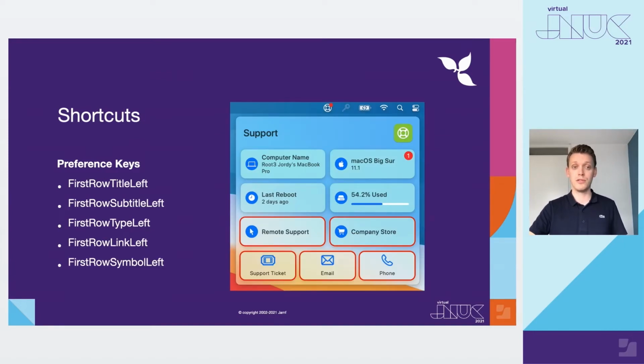The bottom 2 rows are fully configurable as shortcuts to an application, URL, or command. Each of the 2 rows can be configured with 2 or 3 buttons. You can specify a title you see in the button, and optionally a subtitle which is shown when hovering over the button. Then you need to configure the shortcut type, which can be app, URL, or command. And the most important part, the actual thing you'd like to open with the button.